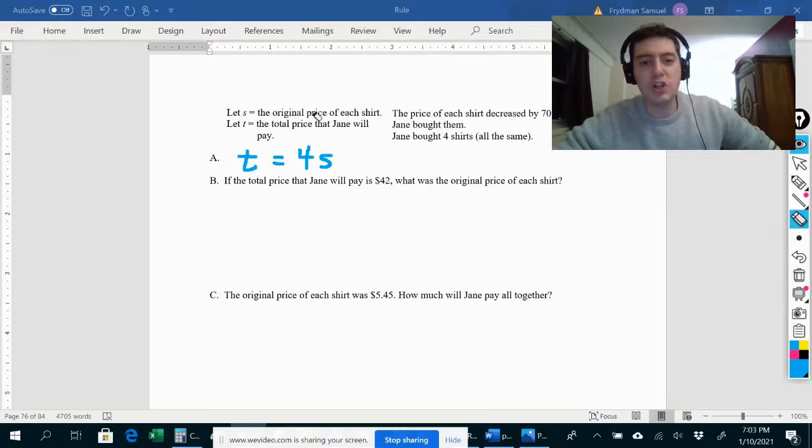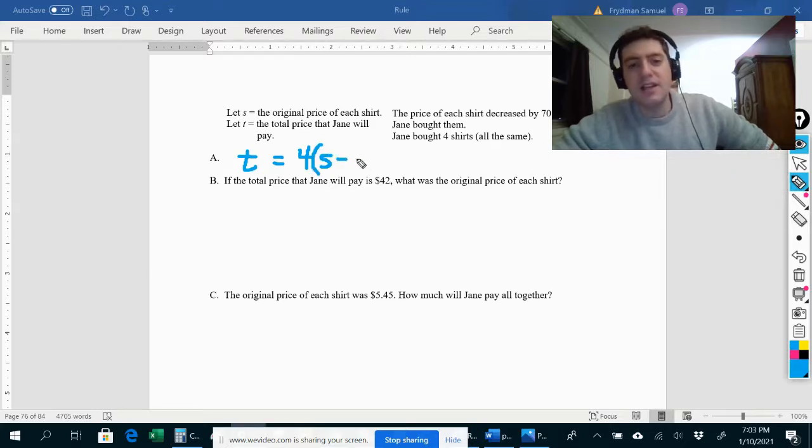S is the original price of each shirt, but the price of each shirt decreased by 70 cents before Jane bought them. So instead of multiplying 4 by S, what I really need to be doing is multiplying 4 by S minus 70 cents. So if T and S are written in terms of dollars here, then 70 cents would be written as